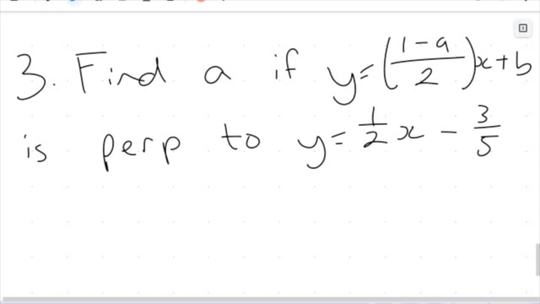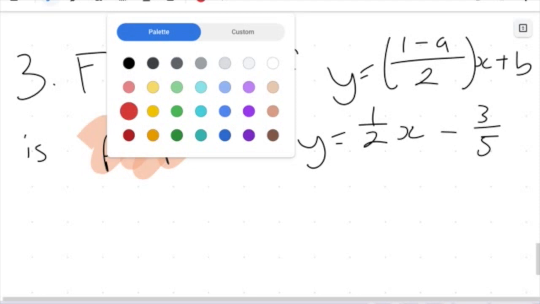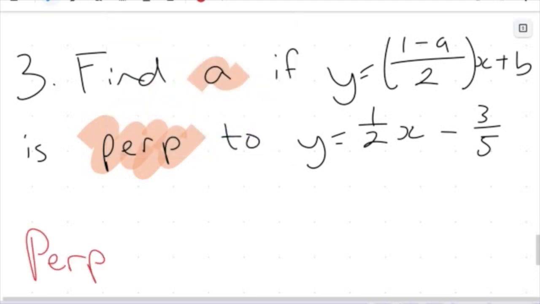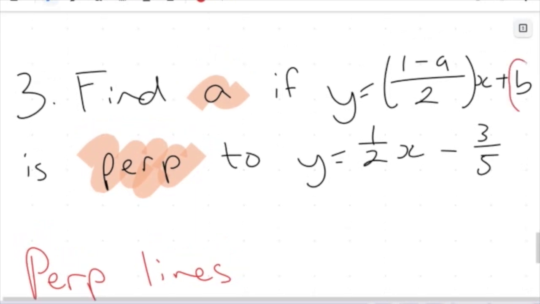So, the main thing we are given here is that we want to find a, and we know that this line y equals (1 minus a over 2)x plus b is perpendicular to y equals half x minus 3 over 5. What do we need to consider here? We need to know about perpendicular lines. So even though there is a b, we don't care about that. We don't care about this thing over here. We're only concerned with the gradients